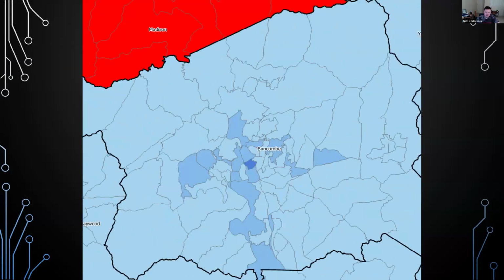I saw this in my own county of Buncombe County. I don't have the context for the other counties. I did a little bit of research into it, but I don't have a good explanation for a lot of them. For Buncombe County, that darker blue precinct is